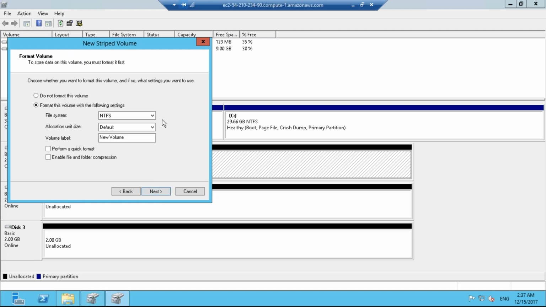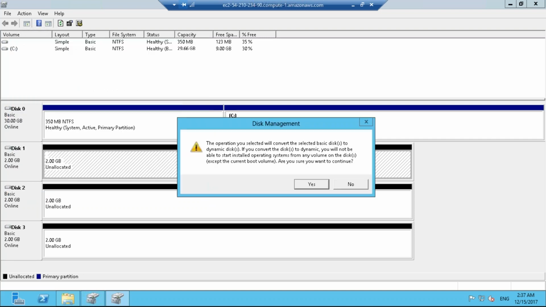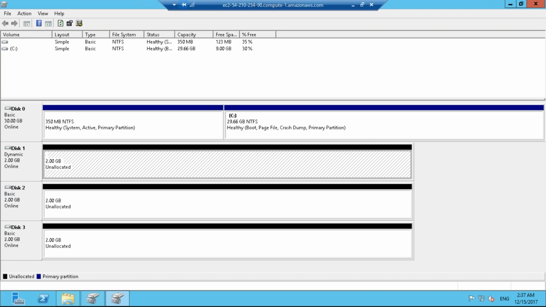This is going to be of type NTFS file system. Windows is much more popular with NTFS file systems, and Linux is where we play around with ext4 and the XFS file systems. So I'll click on this one small check button, that is perform a quick format, and then click on next, and then just finish it off. It gives me a message saying that the disks are now going to get converted into dynamic. As we all know, if it is a striped volume and anything happens to it, I lose all the data on the volumes. So I'll say it's fine. I'll click on yes.